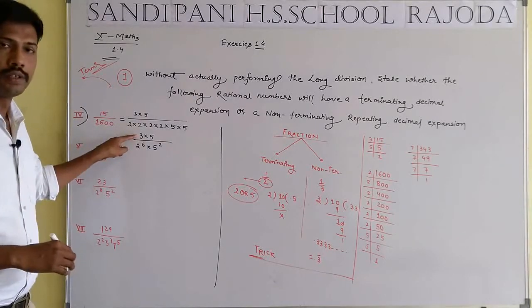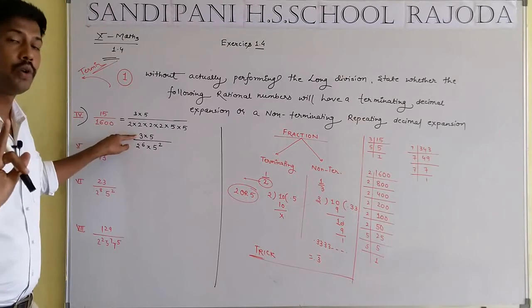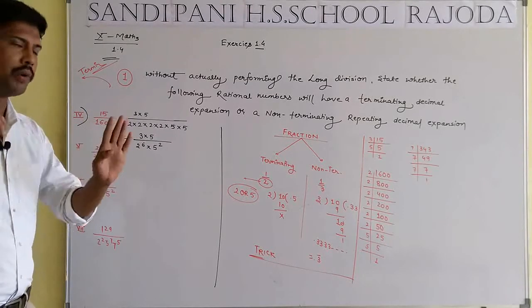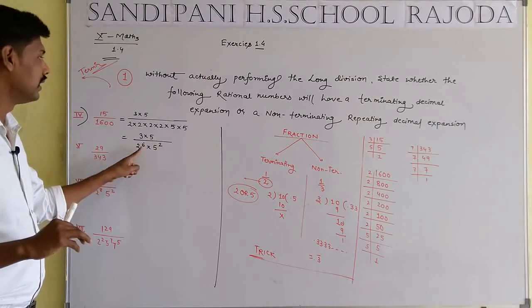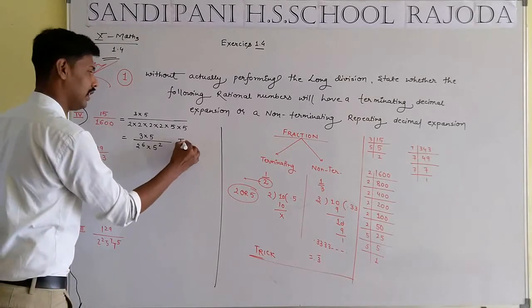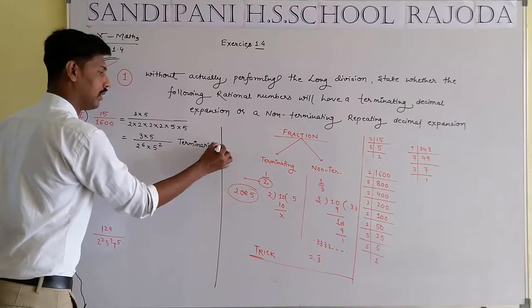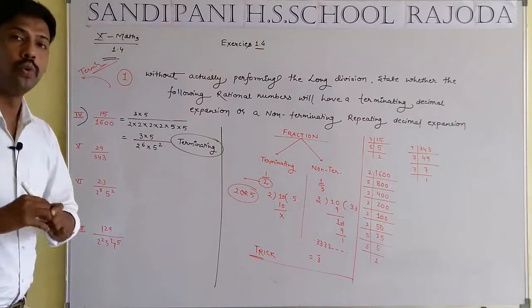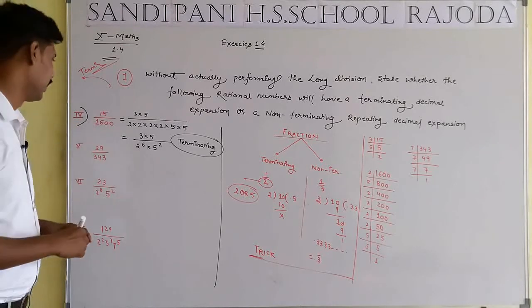Number 3 is a number other than 2 and 5, but it is a part of the numerator, so avoid it. We focus on the denominator, all numbers in the form of 2 and 5, so the number is known as terminating. I am repeating the concept again: if there is any number other than 2 and 5, it will be non-terminating.